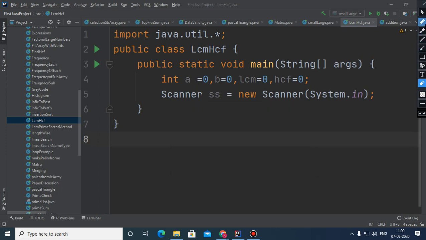On the other hand, suppose we have two numbers, 15 and 75. Their LCM will be 75, because 75 is the smallest number which is divisible by both these numbers. That's why the LCM is 75. In case you people have any doubt, then please tell.